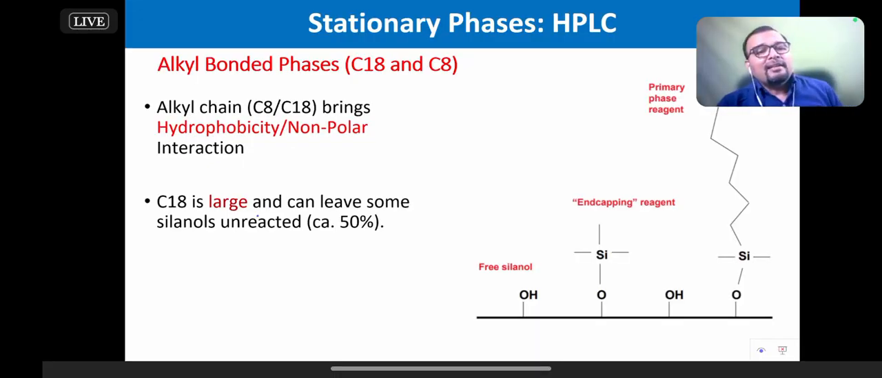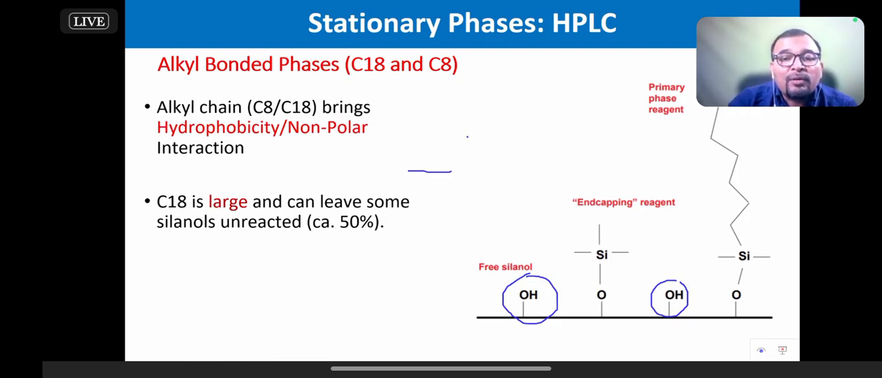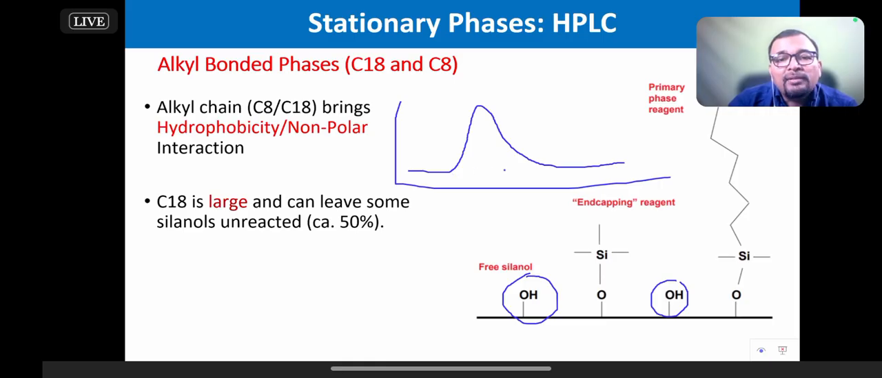Now C18 is large and can leave some silanol or unreacted groups. Can you see these groups over here? What are they? They are called the free silanols. Type in free silanols in the comment box. And because of the free silanols, your basic compound can have tailing. How many of you have seen a basic compound tailing? Now this could be because of your free silanol,